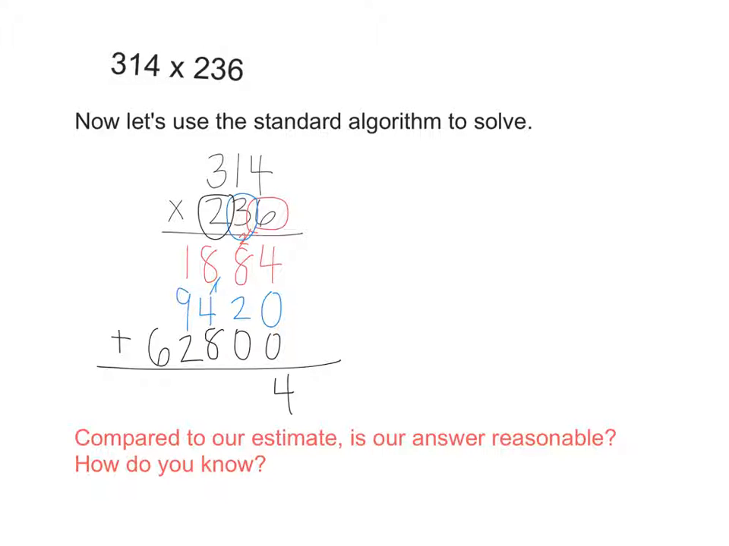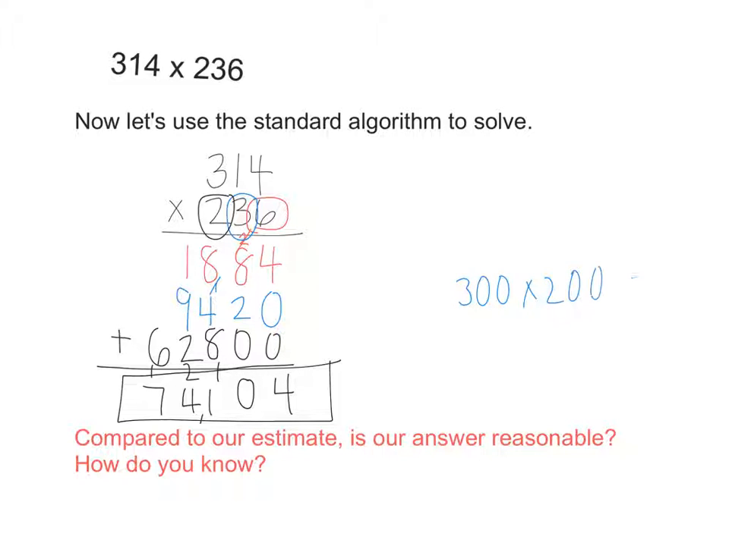Altogether, I have 4 ones, 10 tens, so I can regroup that. 8 plus 4 is 12, 20, 21 hundreds, regroup that. 14 thousands, regroup that, and 7 10,000s. Our final answer is 74,104. Compared to our estimate, remember we can think in our head that our estimate was 300 times 200 equals